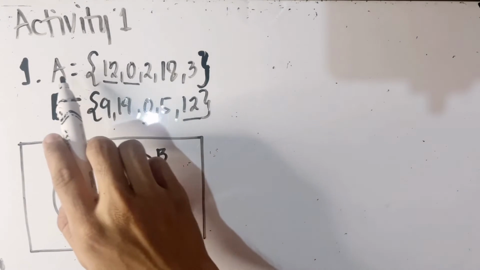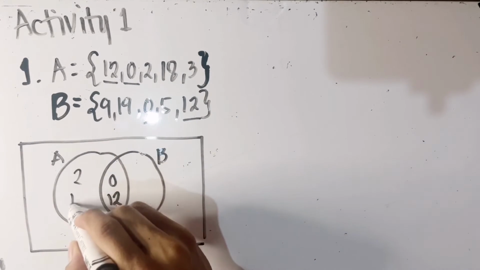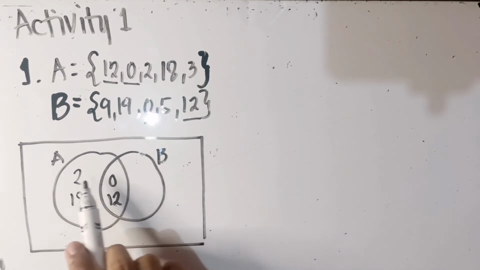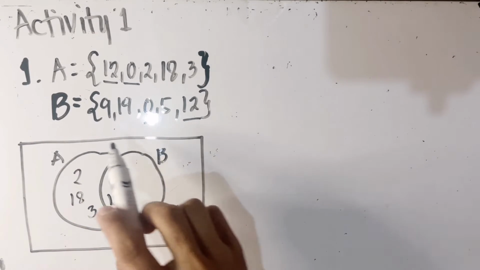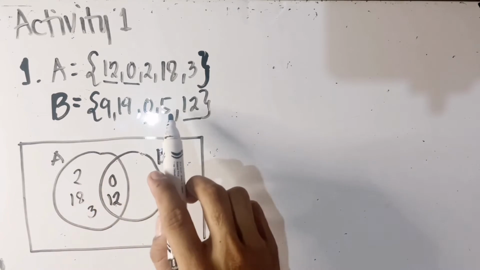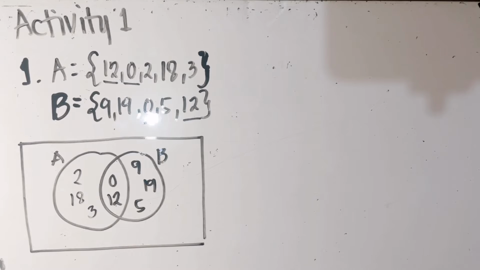Now, what is left in set A is 2, 18, and 3. So write that one in the other parts of A. And for B, what is left is 9, 19, and 5. Okay, that's how you do it. Let's have